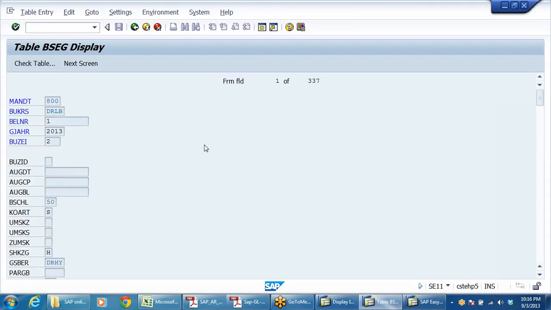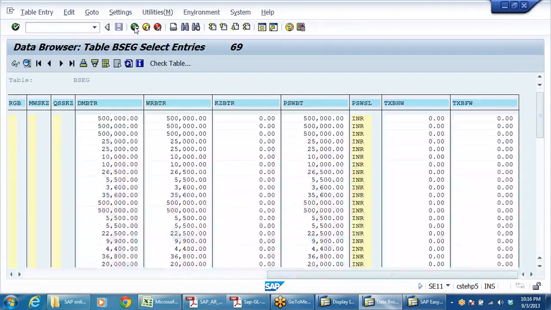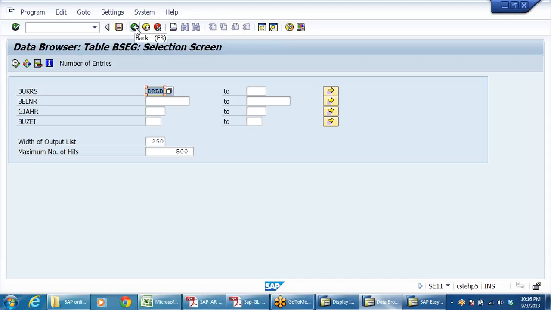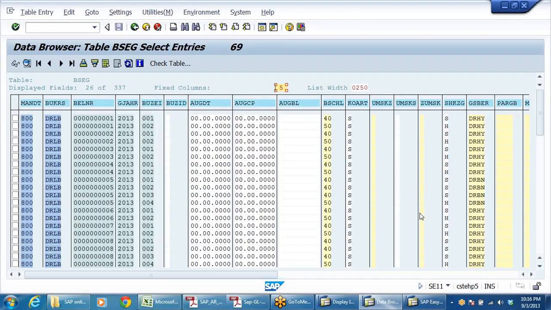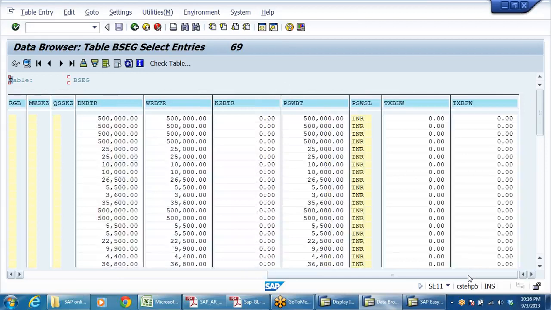So by default, the structure is created like this. So if you ask the ABAP consultant to prepare one particular piece of information, he'll ask you from which fields you have to pull. So you have to tell him the technical name. Then he will pull the information from this table and prepare another report.